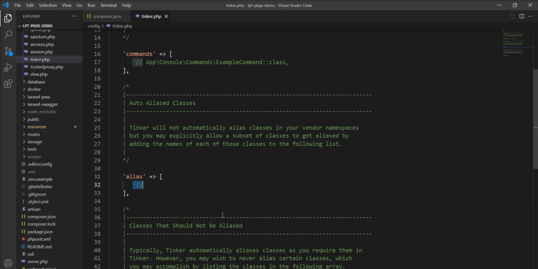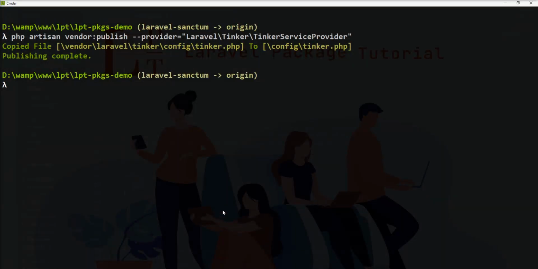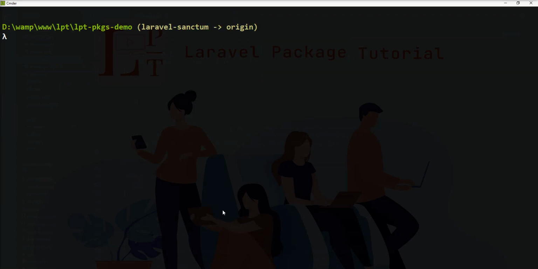Now let me show you what is the main purpose of this package. Tinker allows you to interact with your full Laravel application on the command line. For example, you want to interact with your application from this terminal, you can do it using Tinker, including eloquents, models and jobs, everything.